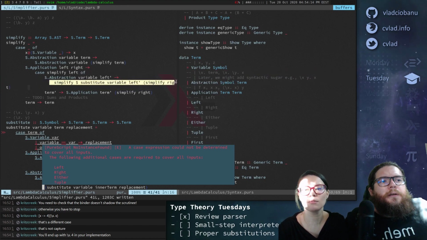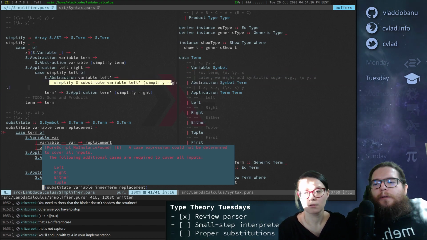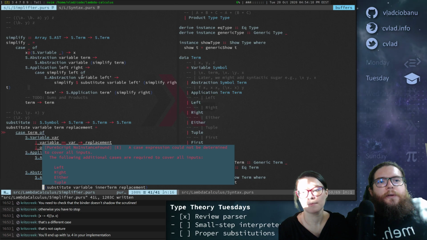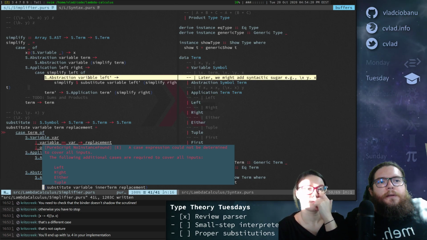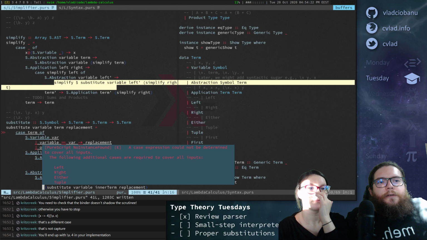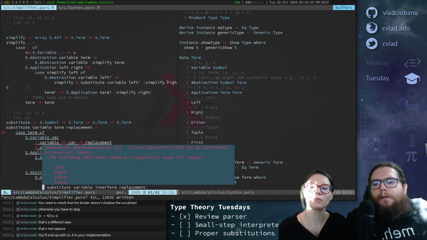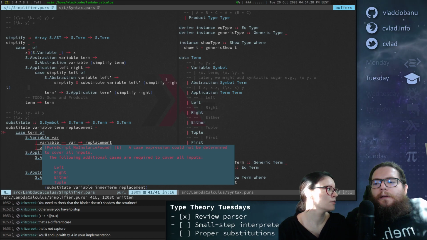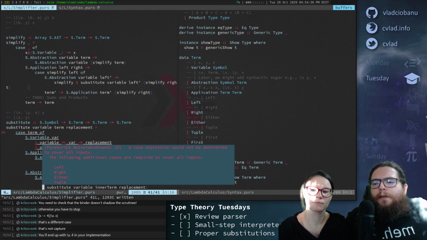Here? Yeah, but you shouldn't. What do you mean I shouldn't? Like here we get rid of the variable, right, and the result is 4 in this case. Yeah, but you should obtain lambda x dot x. You shouldn't replace that x. No, I think this means that you have.